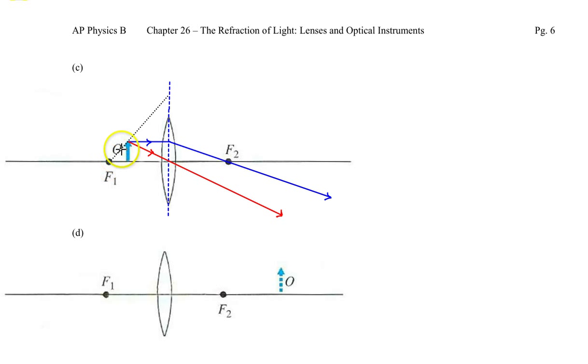And the next ray comes from focal point 1, but it's really the light is emanating from the object. So I just drew this dashed line to show you where my ruler is lined up. And so the light is coming from the top of this object towards this middle of the lens. Now I know the lens is not there, but I'm going to assume the lens is large enough to go through there. And then this light is then going to go off parallel. Now you see all three of these rays are diverging away,